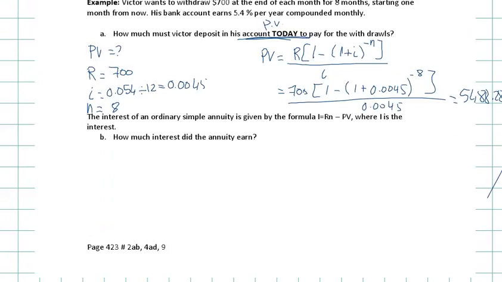Multiply R by 8, then subtract that number from the present value. This is how much he withdrew, right? To find the interest, you do 5,600 minus how much he deposited,